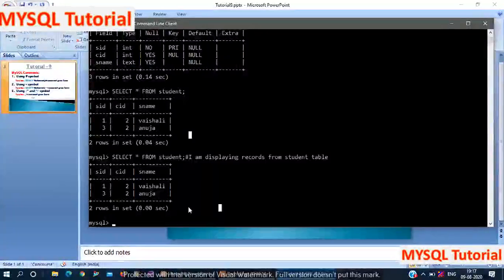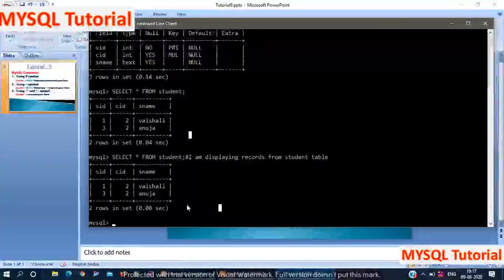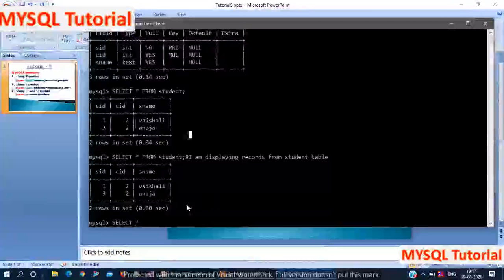Now we will see the minus minus symbol. It's the same as the hash symbol. You have to first specify the query, and then by using minus minus, you specify your comment. Again I use the select command. Select star from table name.